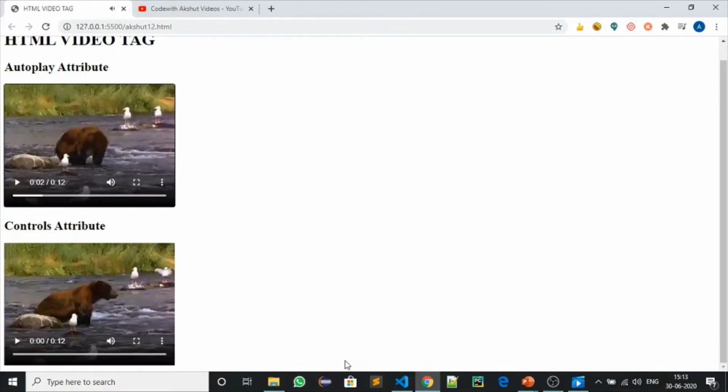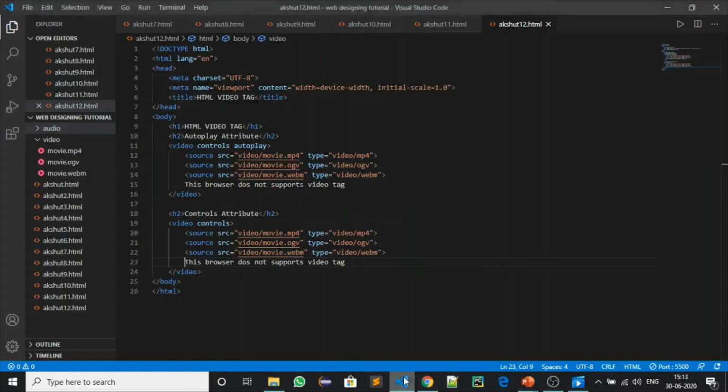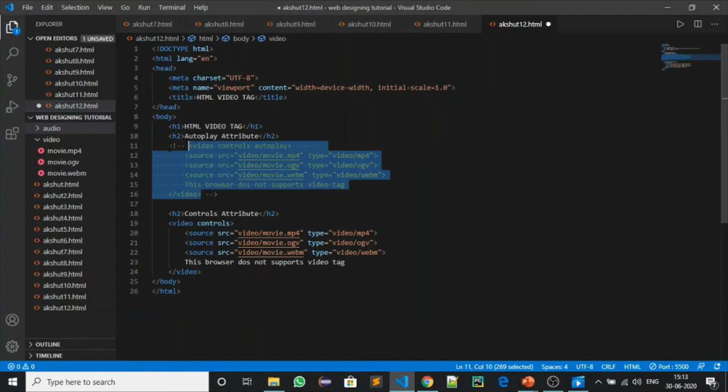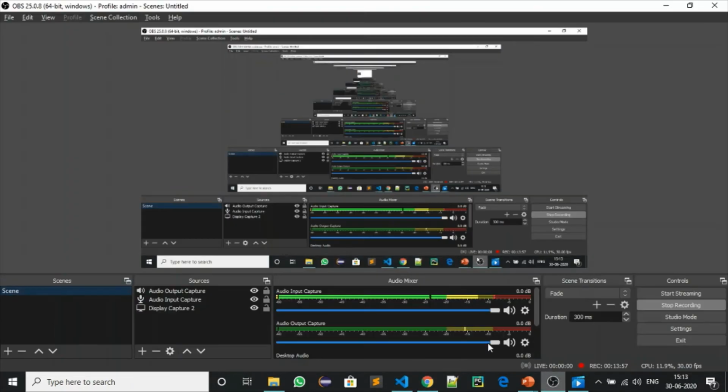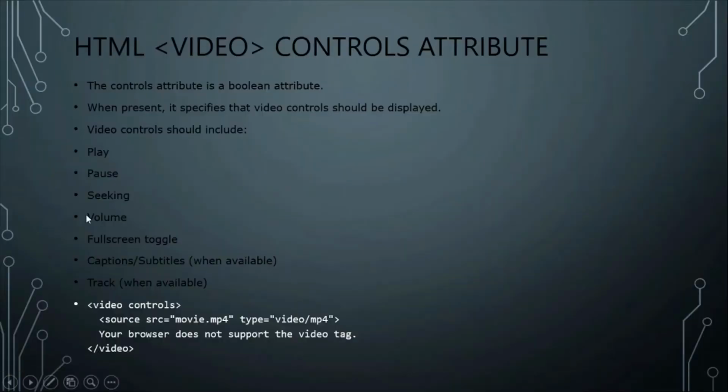When I wanted, then it was not running and showing the video, but now I don't know why it is showing. I will comment this whole as it will make noise again and again. So as you can see, this controls play button, pause button, play pause button. This is the duration one, as you can wait here.